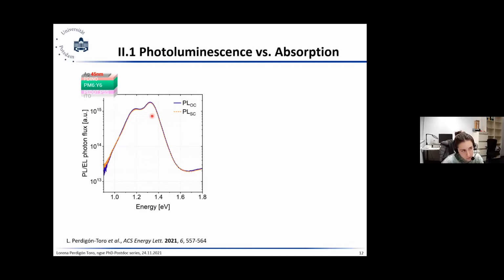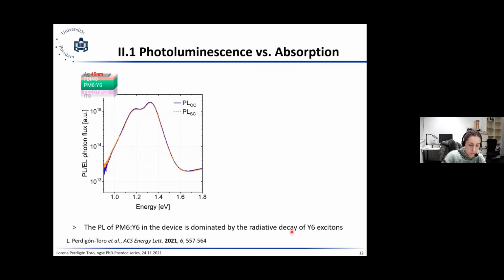Now, when we are at short circuit, we would expect that all free charges are efficiently extracted, right? And at open circuit, we are forcing the charges to recombine. Since the signal is very similar, what we concluded is that what we are seeing is actually the radiative decay of Y6 excitons, which do not care about the field. This has important implications, but some of them we can look at when we compare the PL and the